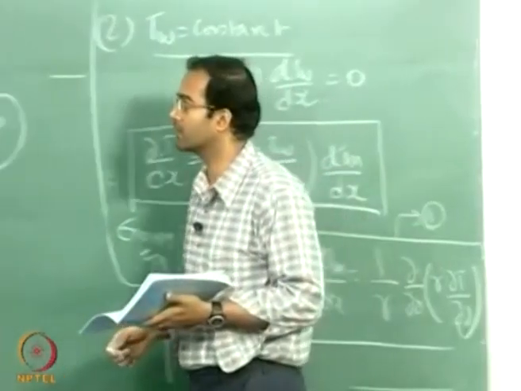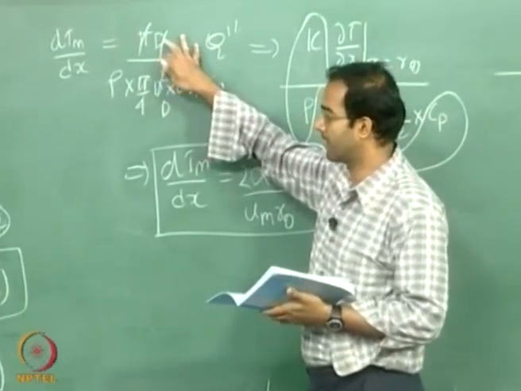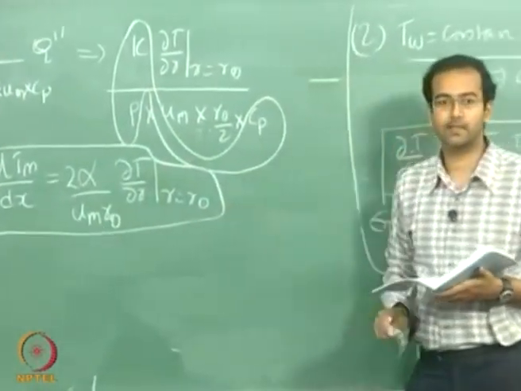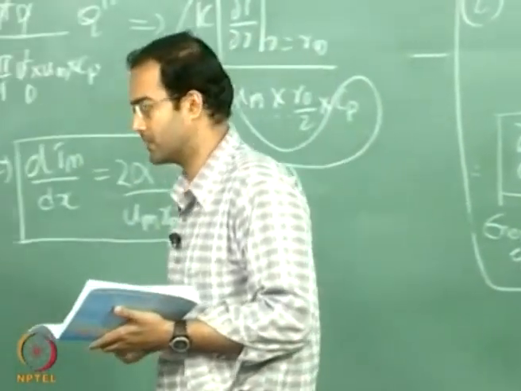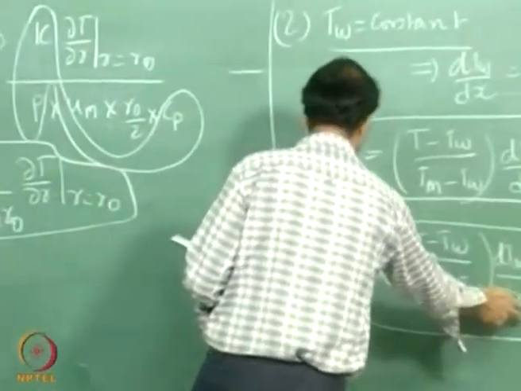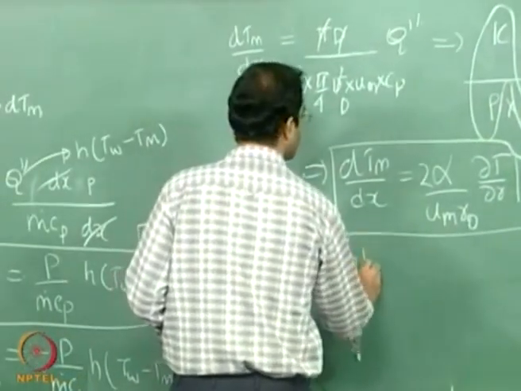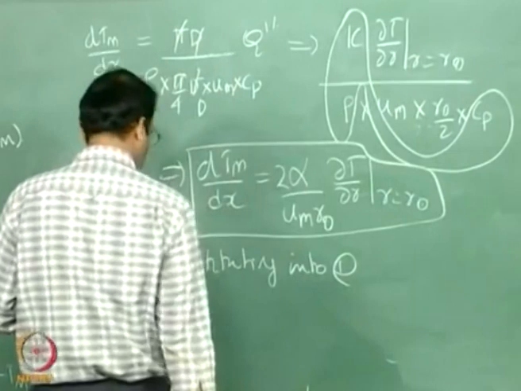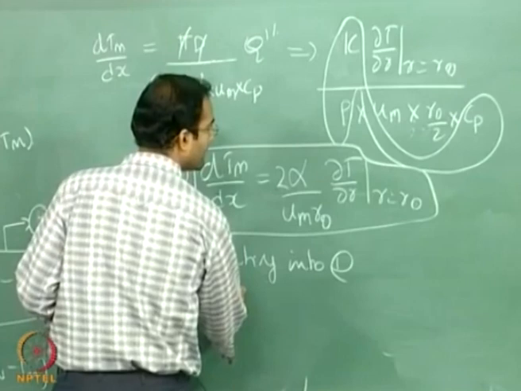So as far as circular duct is concerned, you are just writing in terms of your diameter and of course your mass flow rate, a little bit of simplification, and you get a relationship between dTm by dx and dT by dr at r equal to r naught, this is the gradient of temperature at the wall. So this can be substituted into equation 1 for dTm by dx. So substituting into 1, of course on the right hand side you have the same, on the left hand side you have